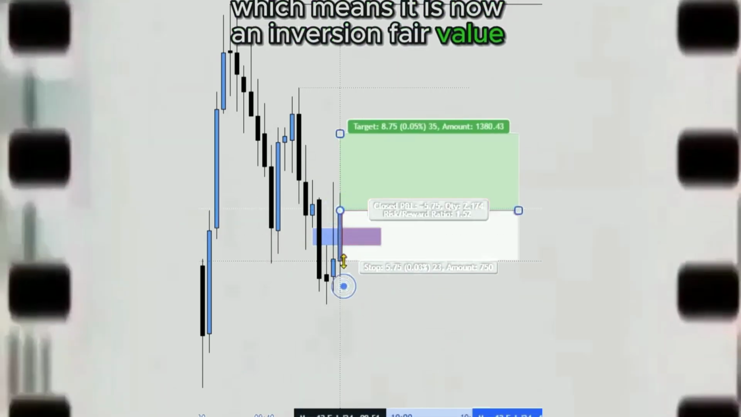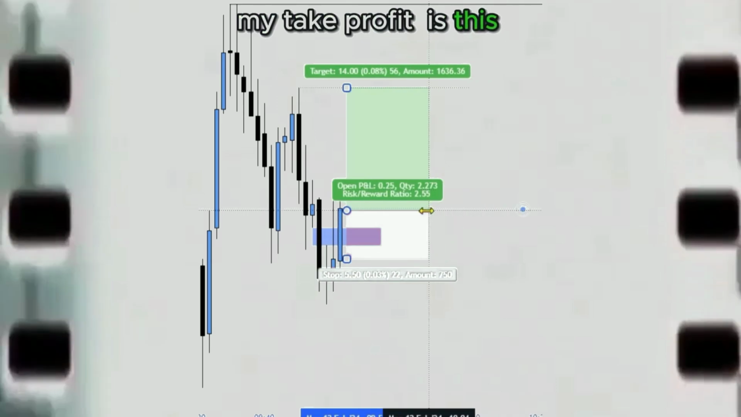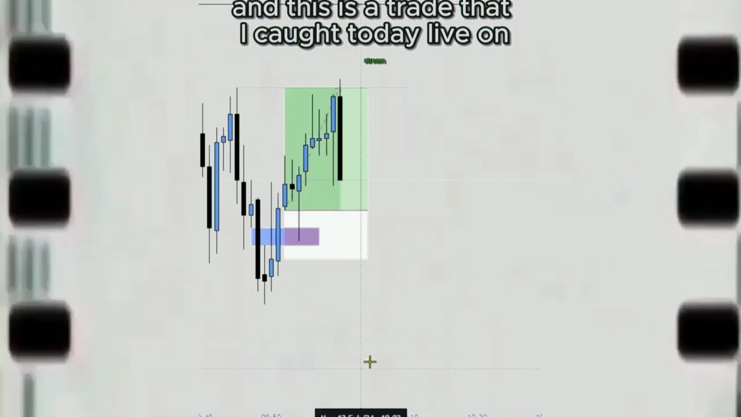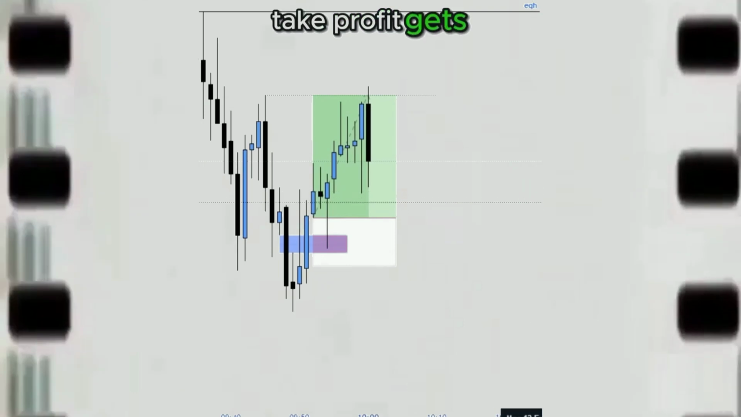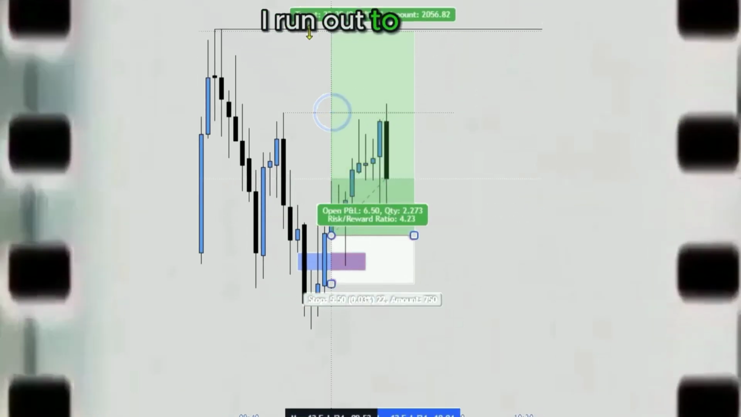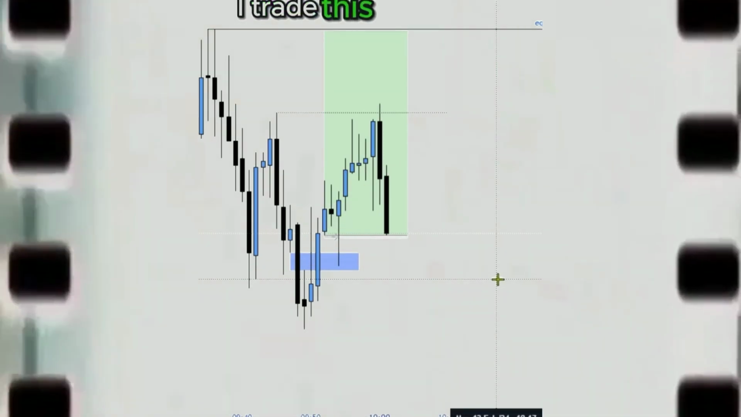So we play out the price action. As you can see, this fair value gap has now been disrespected. It has now had a candle close above the fair value gap, which means it is now an inversion fair value gap. I will enter into a long position here. My take profit is this internal liquidity, and this is a trade that I caught today live on stream. As you can see, take profit gets smashed. I did leave a runner to these equal highs. My stop loss was now at break even, and that ended up getting stopped out for break even. I trade this live every single